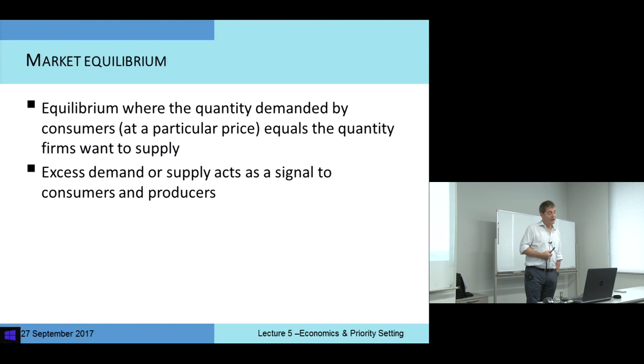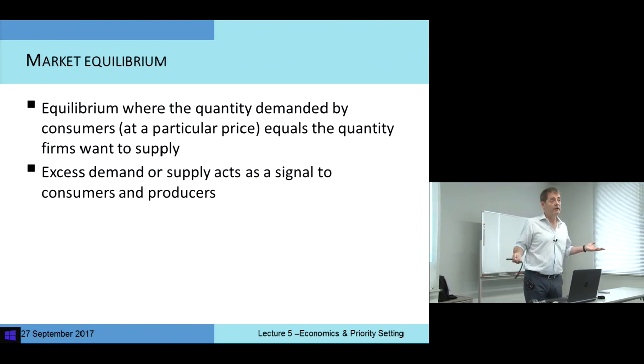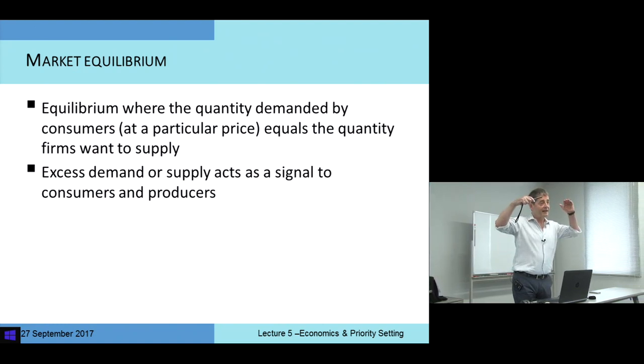The signal. And if there's an excess supply, if producers find they can't sell all their goods, it acts as a signal to lower the price. Now this may not cross culturally, but a good example in England would be go into a supermarket in the early evening and they will be cutting the price of bread. Because of course bread is fairly time limited. Some breads are fairly time limited.